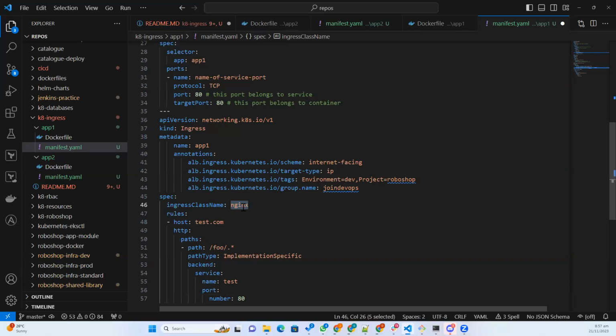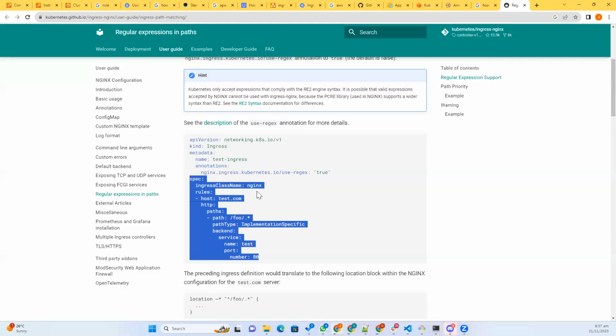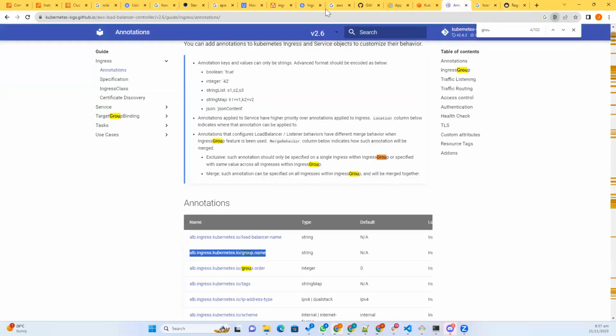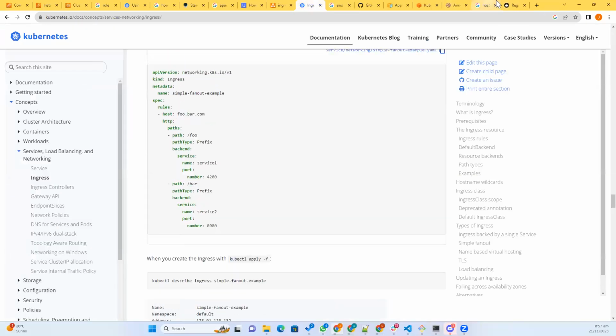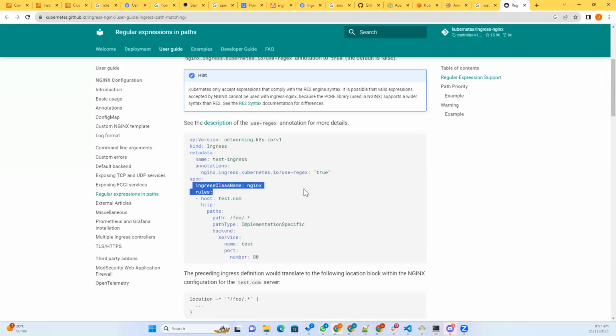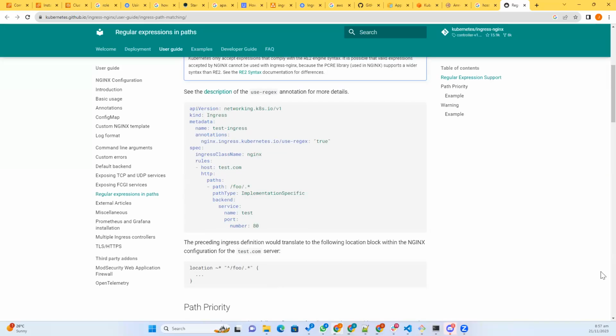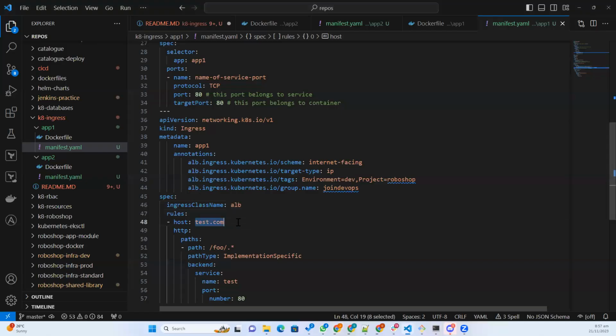So ingress class name is going to be ALB. Nginx is actually for on-premise load balancers. So let me take from here. So ingress class name should be ALB. We need ALB to be provisioned. And the rules. So these rules, you can consider this one as